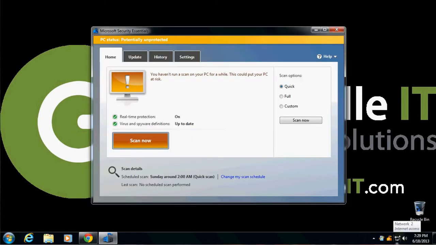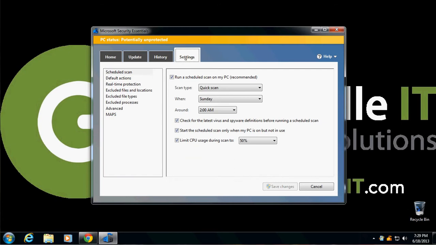It says you haven't run a scan on your PC for a while. And this can happen if your scheduled scan occurs when the computer is not actually on. So to check when the scheduled scan is set to occur, we'll go up here to the Settings tab, and we see that by default it'll do a quick scan every Sunday at around 2 in the morning. Now, quick scan's not ideal. Let's switch that to full scan